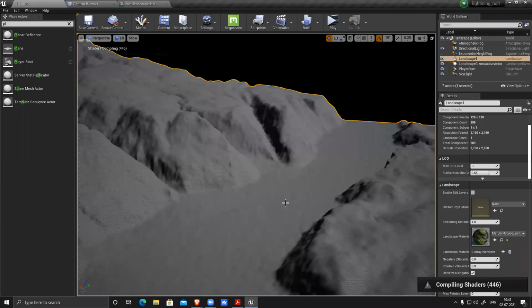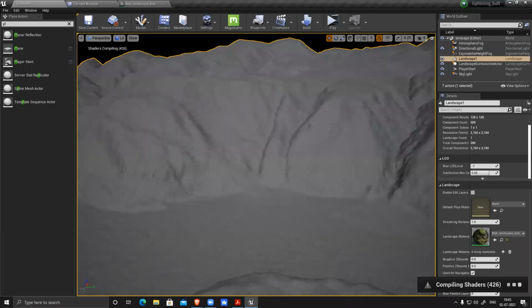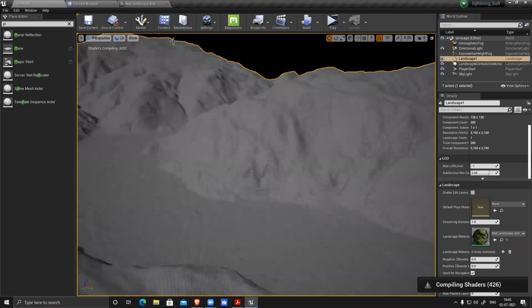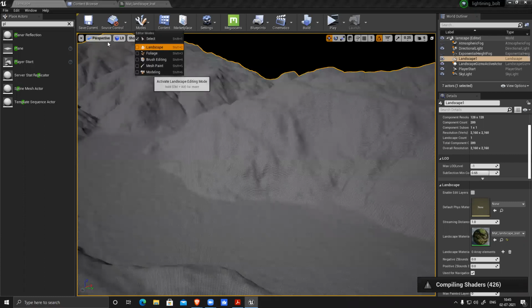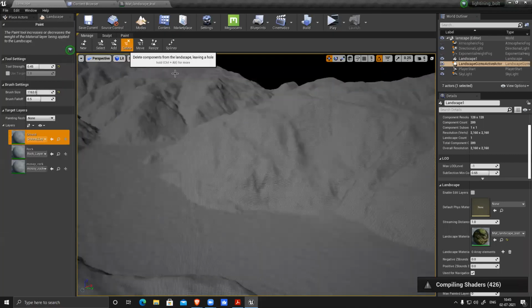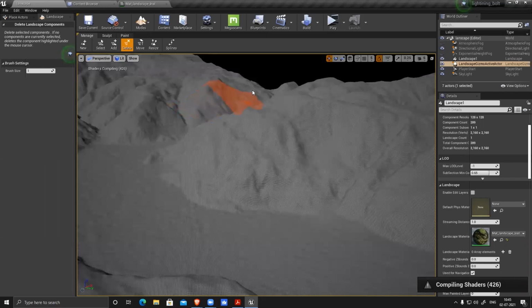So with the help of displacement and tessellation, you can generate amazing quality landscape very easily. It looks pretty big, so what I can do in between, I can reduce the size of my landscape. Delete, delete, delete.